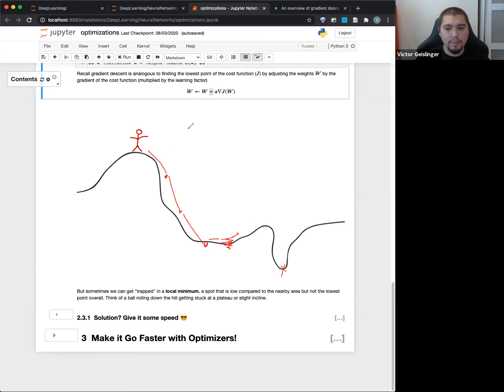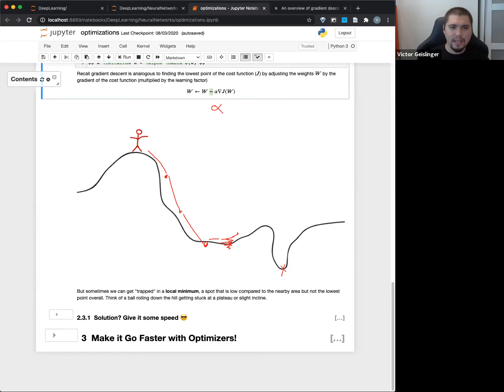And this is where maybe you could adjust alpha, right? But then the problem with alpha as well is if you made alpha too big, which would get you over this hump, you might also overstep these minimums. You might completely miss it. So that's one reason why we can't simply adjust alpha, because we don't know.